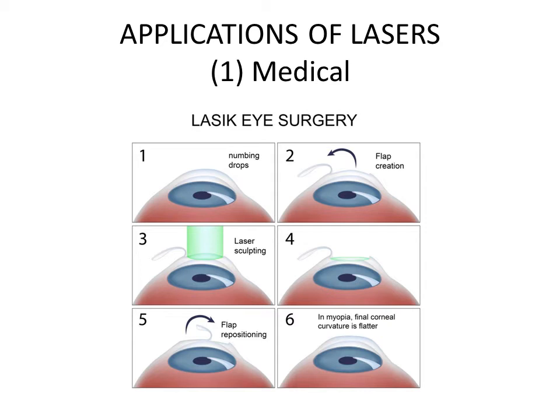So all these I have described in another video, but here you can see some eye drops will be given at first, and then using a laser a flap is cut on top of this cornea. Then using a laser the surgery is carried out, which will correct the curvature. So there are two ways in which you can use it. For example, if the patient is having cataract, there will be some opaque accumulations on the cornea, which can be removed using a laser. Otherwise, if it is the curvature correction which is required, then we will have to use a different laser.